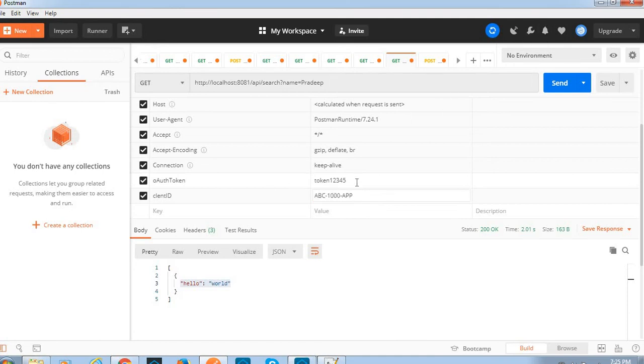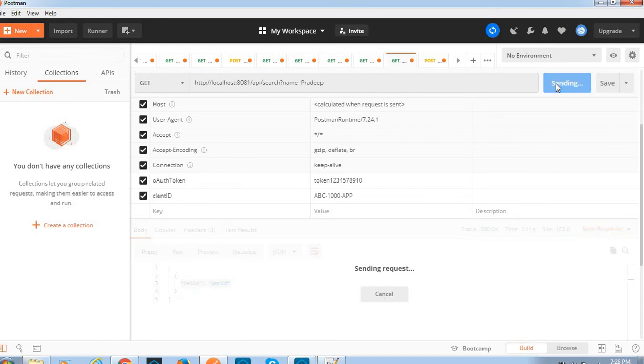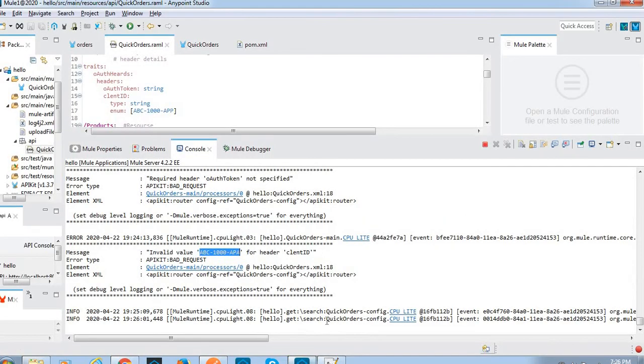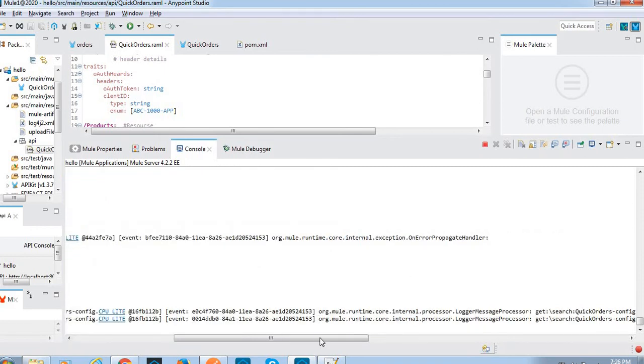And OAuth token we have given as string. We can give any length of the string, no problem. We won't get any exception. See, we made another request.